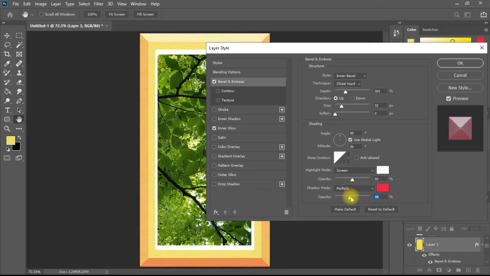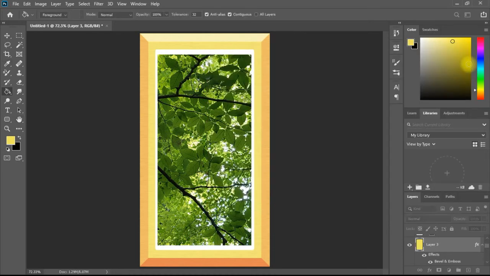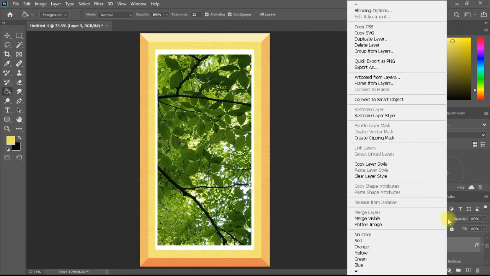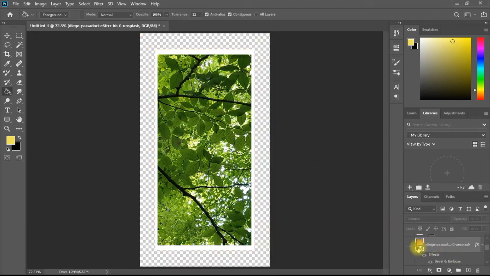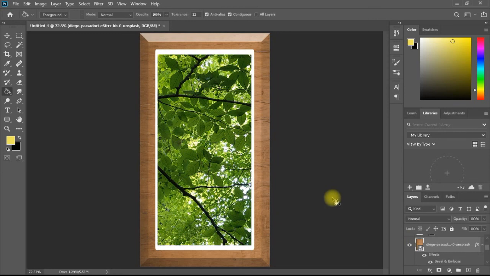Okay, I hope now you have all the tools you need to make a great picture frame and put whatever picture you need inside it and size it as you like, and never be afraid that you have done something wrong. Control Z, you can return it again. You can disable the layer and insert another layer, and then you can delete the layer. We can see this from here. For example, if I don't like this layer, I need to return to my wood layer again, so I delete this layer completely. I don't need it. Yes, delete it. Okay, and I like the wood one better, so I'll come back to my wood one and